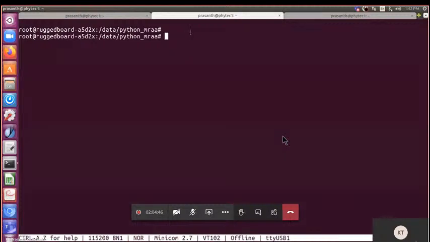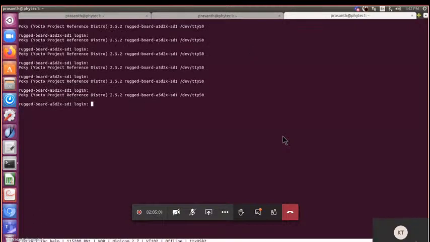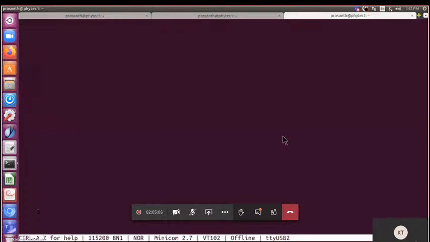I copied only the binary into the board. Okay, no problem. Meanwhile, do you want to show the demo of UART? The same board is used by Kishore. Yes, sir. Increase the font a little bit.